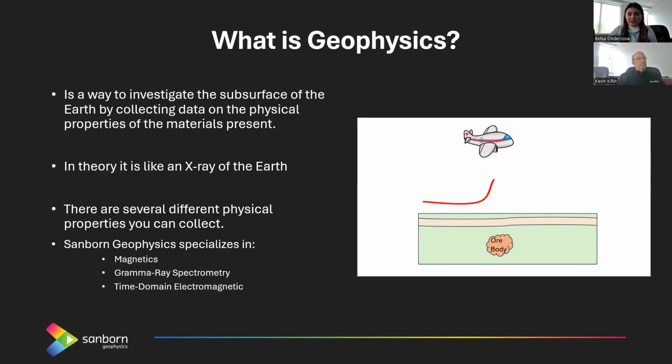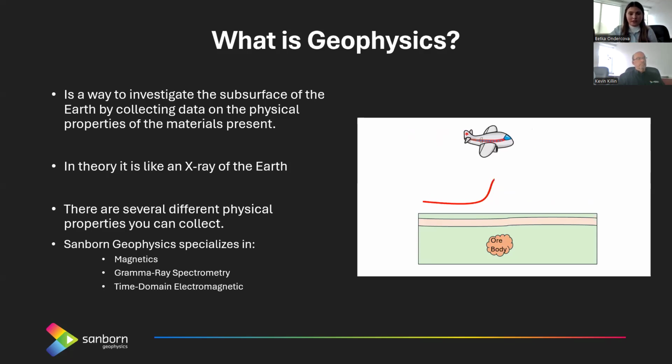And in this schematic here, we have one of our Sanborn geophysics airplanes doing a survey. And as they go over an anomaly with a different physical property, which in this case would be the ore body, we'll get a change in response. And that will indicate that there's an anomaly and there's something there that we can look for. So like the airplane in the schematic,